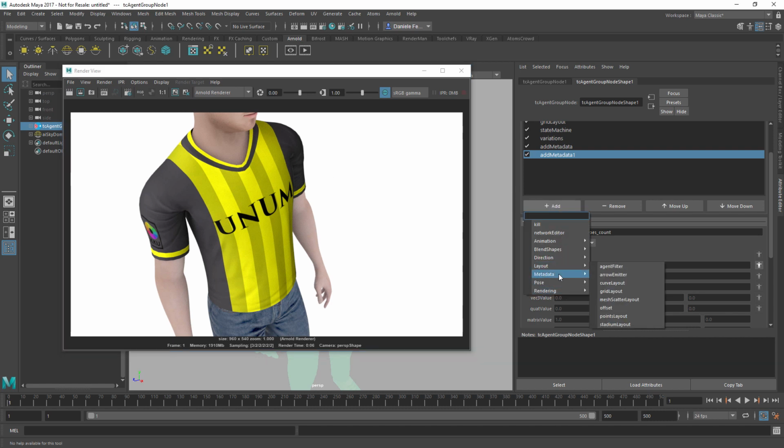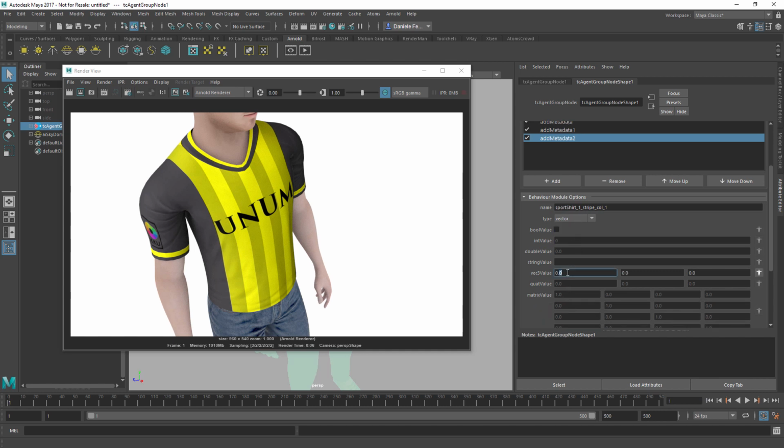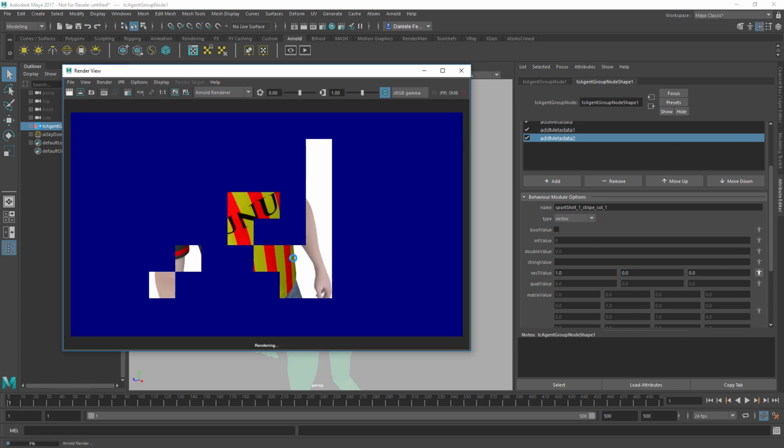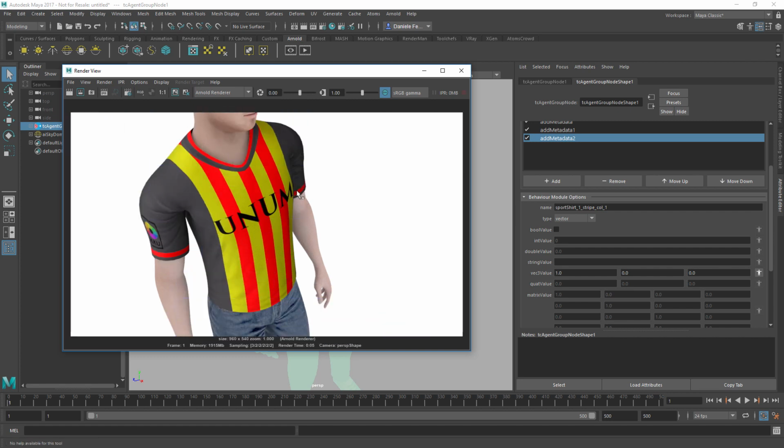You can just add a metadata like that, and this one is going to be a vector just because this is a color, and we're going to say I'm going to use red, so it's just going to be a punch in our eye, but you'll be able to see straight away what the result is. So you see we have changed one color of the stripes, and also we have changed the color on the sleeves and here on the neck,